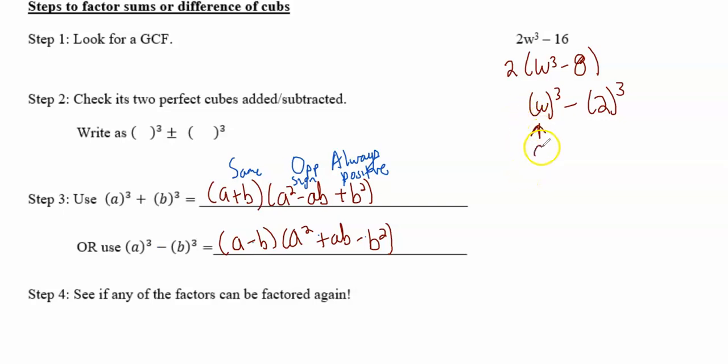So now that I know this is my A and this is my B, I can plug it into the difference of cubes, so I have subtraction. I'm not going to write an A, I'm going to write A minus B, which is w minus 2. A squared minus A times B